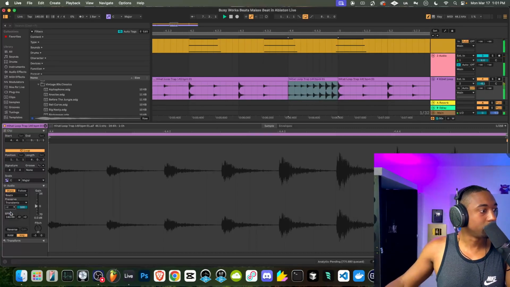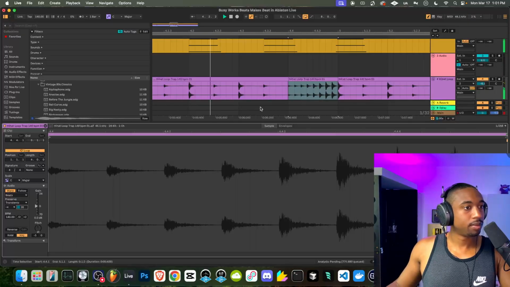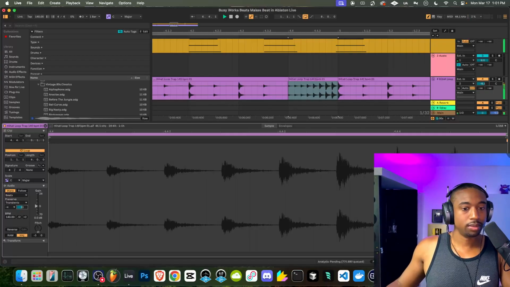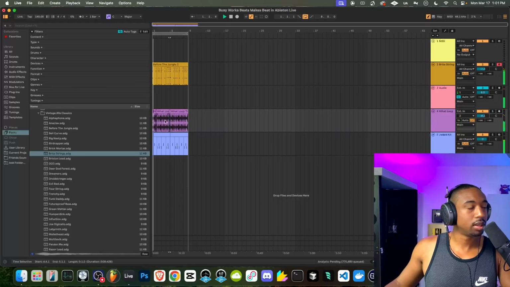Okay, we can also do truncated transients. Let's just see what this sounds like. Okay, so again, it's more based on loops in my opinion.